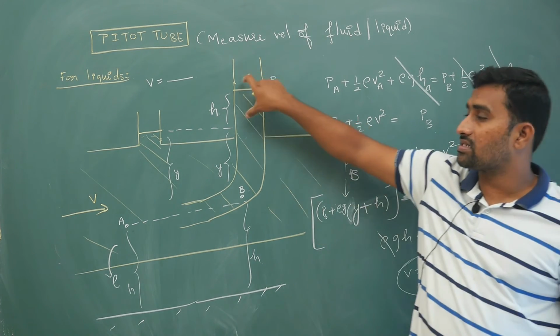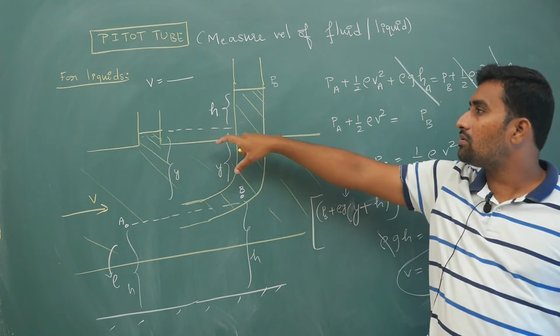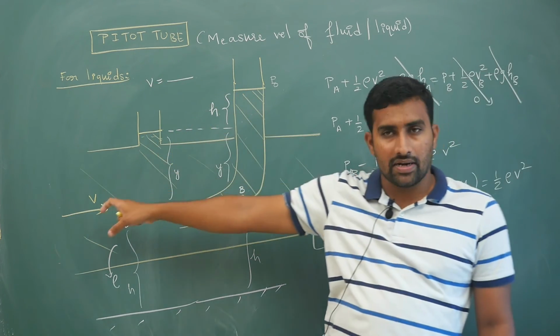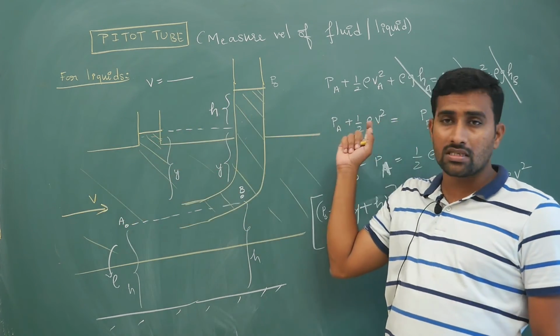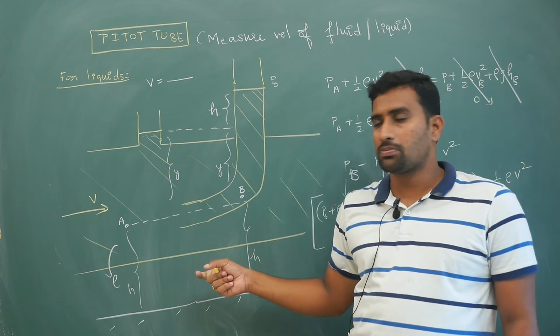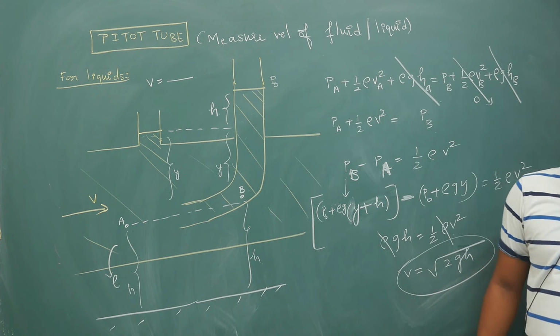That pressure difference, the height difference, you have to take between the limbs. So this is how, using a pitot tube, you will be calculating the velocity of the liquid. This is just simple Bernoulli's equation, but which 2 points you are supposed to take, that is the physics part. So you have to consider points A and B here.